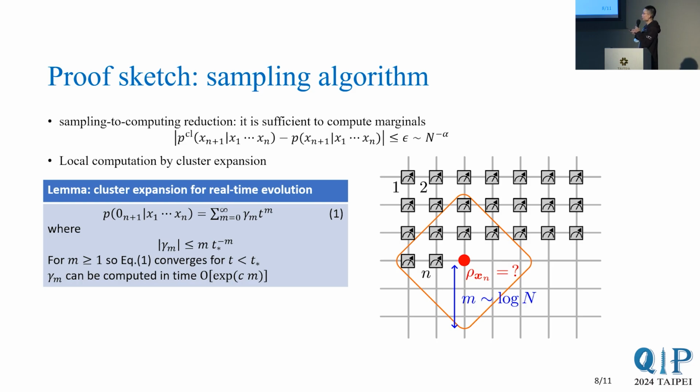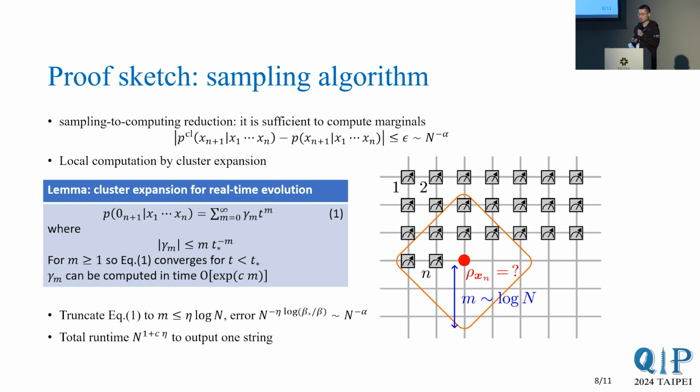And furthermore, the coefficient gamma m can be computed in polynomial time if you truncate this up to log n order. And that order is already sufficiently large so that this truncation error is as small as you desire, such that the sampling algorithm works. So in the rest of my talk, I would like to dive into a bit more detail about this cluster